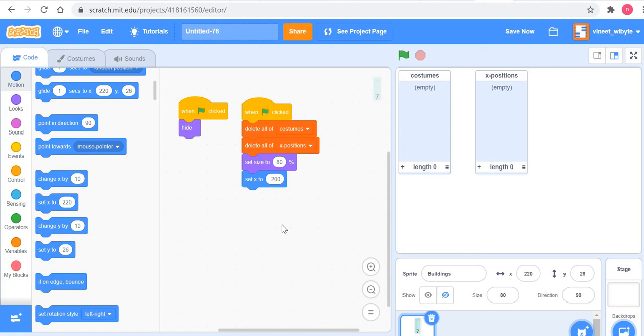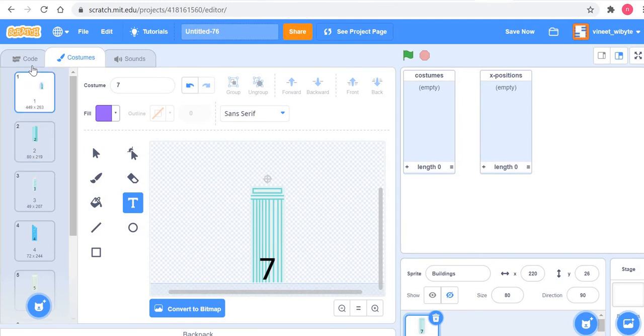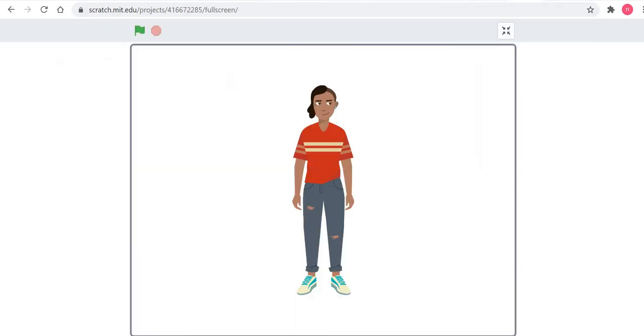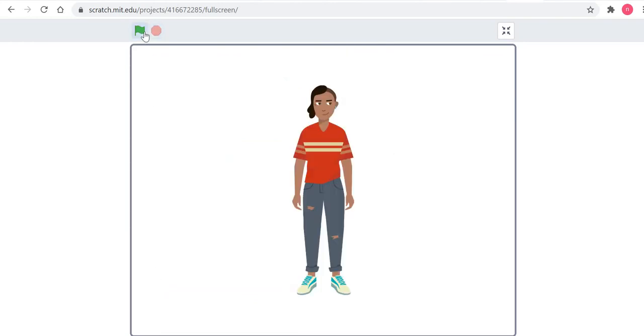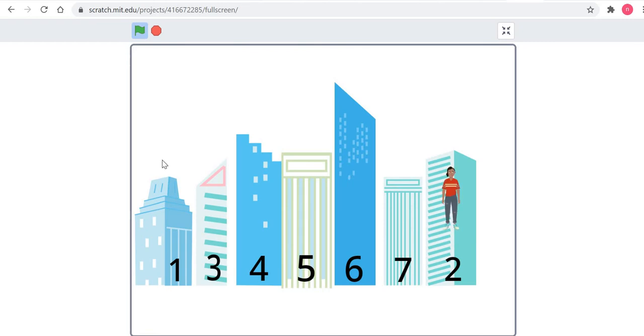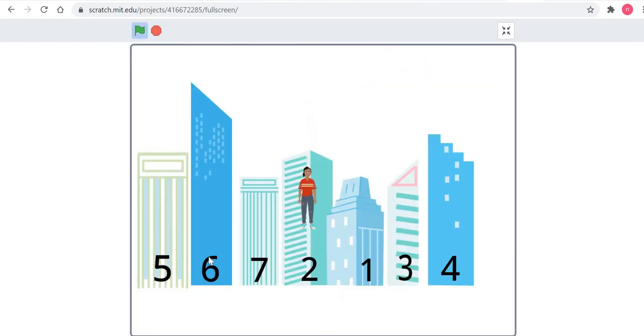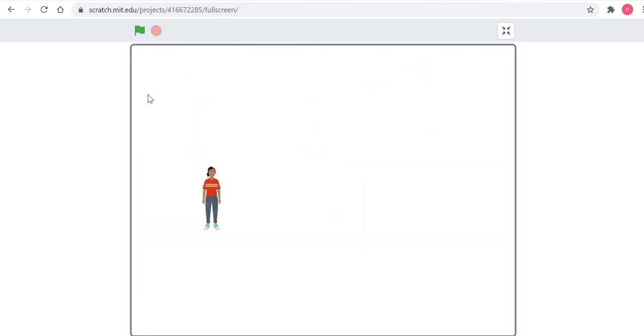Now, remember my building costumes were named 1 to 7. I want to make sure, and I'll show you here, that when the building is placed, sometimes I get 3 here, sometimes I try it again and I get 1 this time, another time I might get 5, and so on. So I want to randomize these things, which keeps my game interesting.